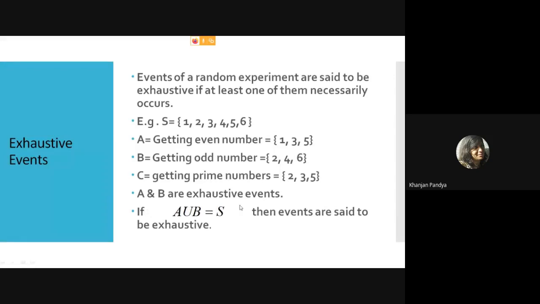Then if A and B are exhaustive, so if 1, 2, 3, 4, 5, 6, all the events